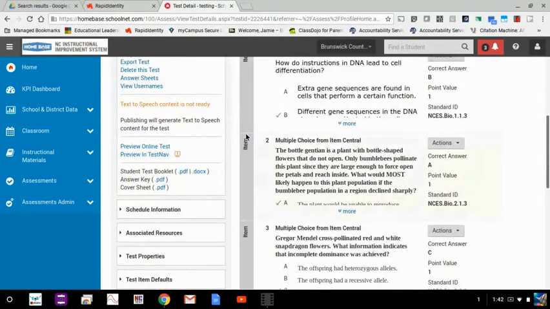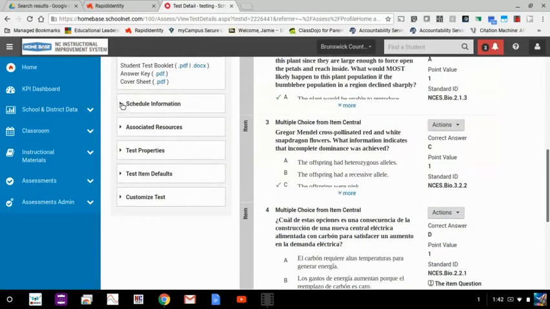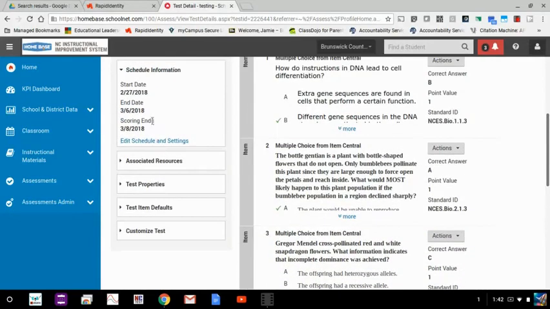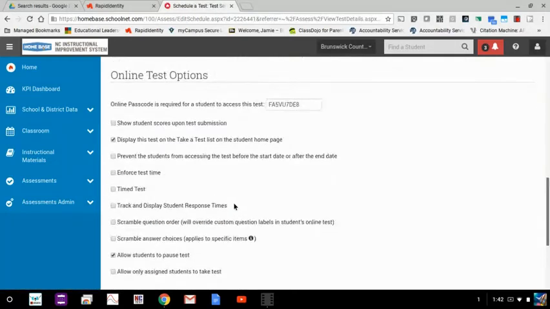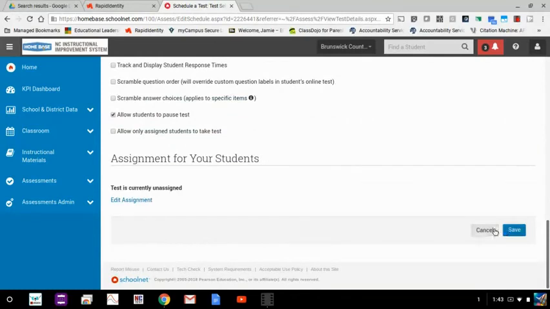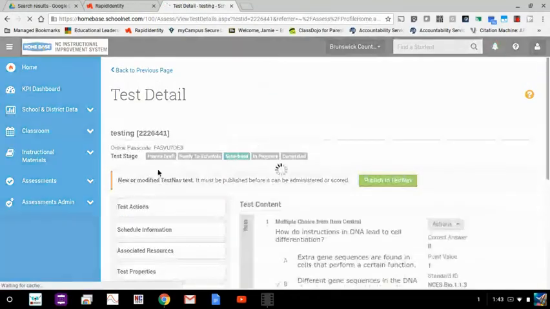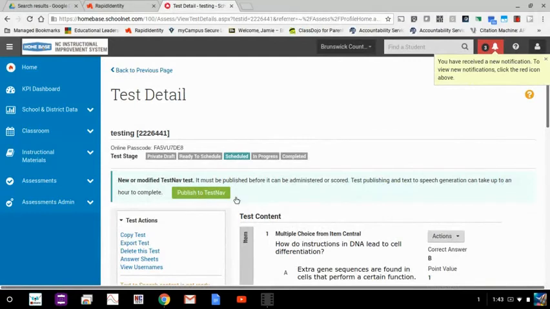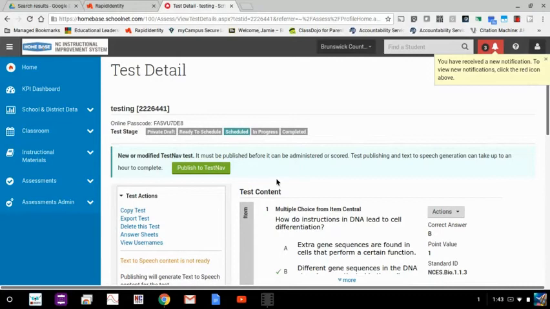It's already been scheduled. So I can either go into schedule information and then edit the schedule and settings. I want to make sure again that test nav button is clicked right here, and it says it is clicked. Okay, so I can just cancel because it's already clicked, or I could save, whatever. And notice I've got my green button, and so then I click it and it publishes it to TestNav. And so what this means is for students that you have clicked under their student profile from the beginning of this screencast for having read aloud,